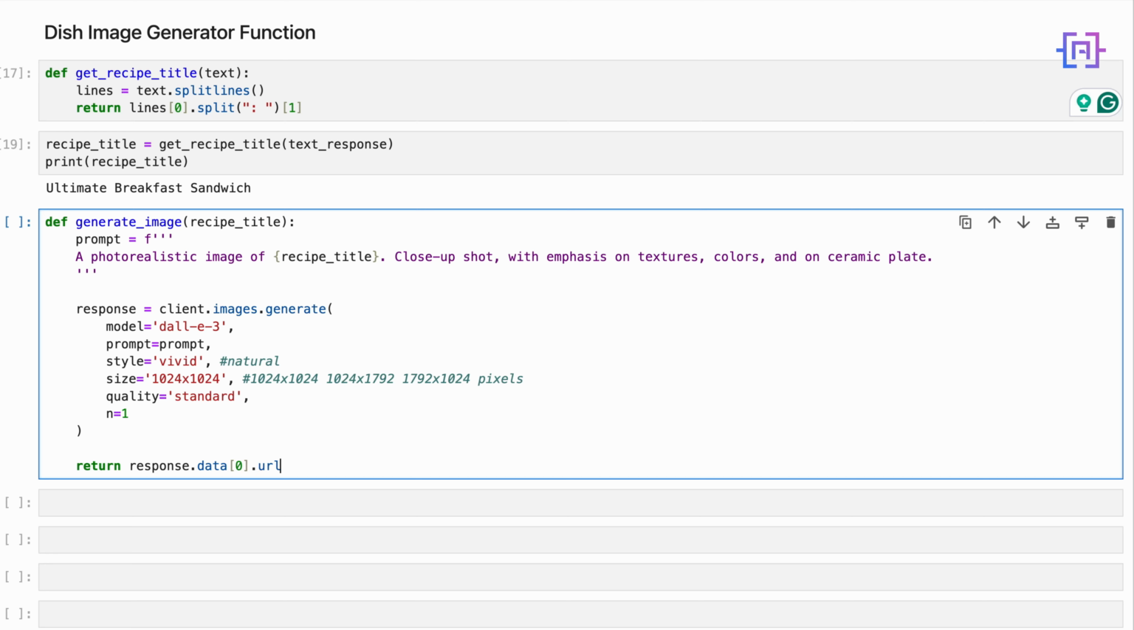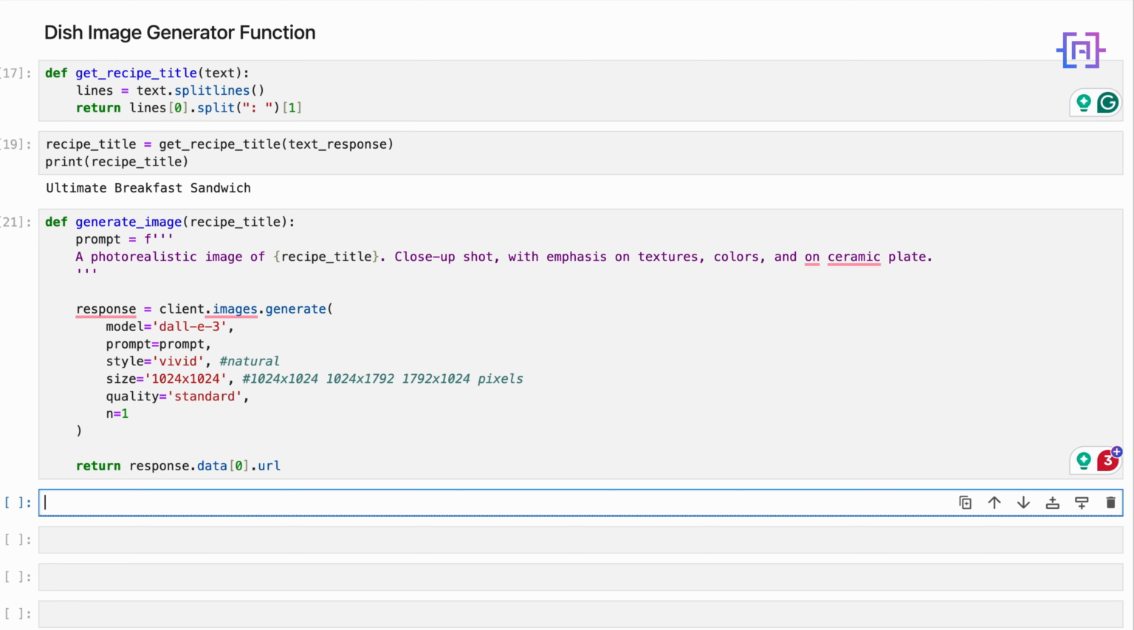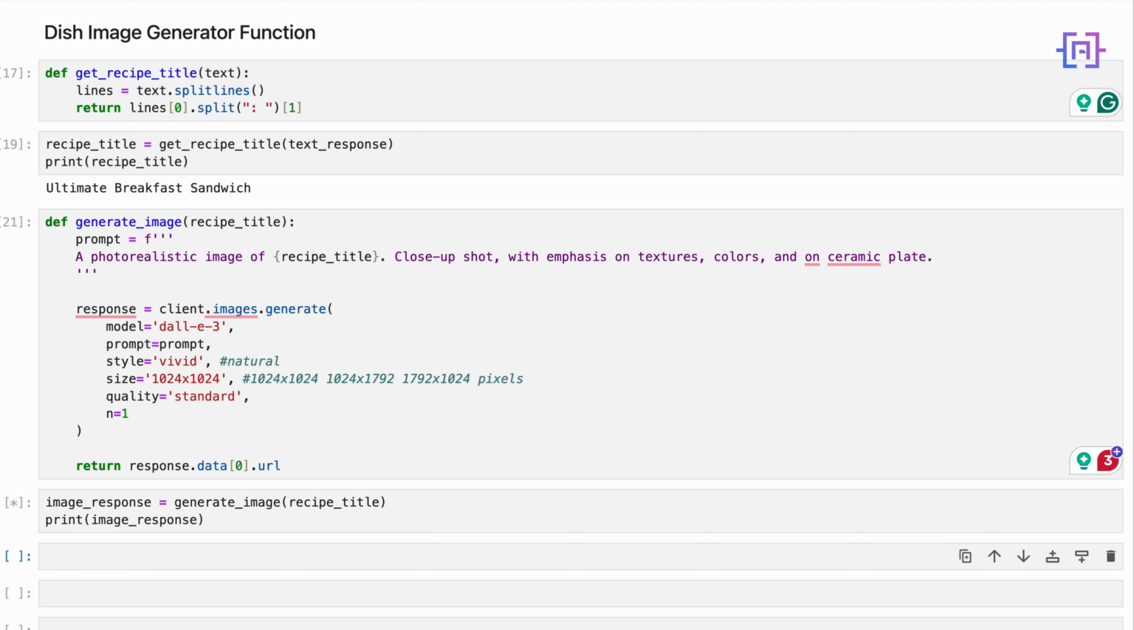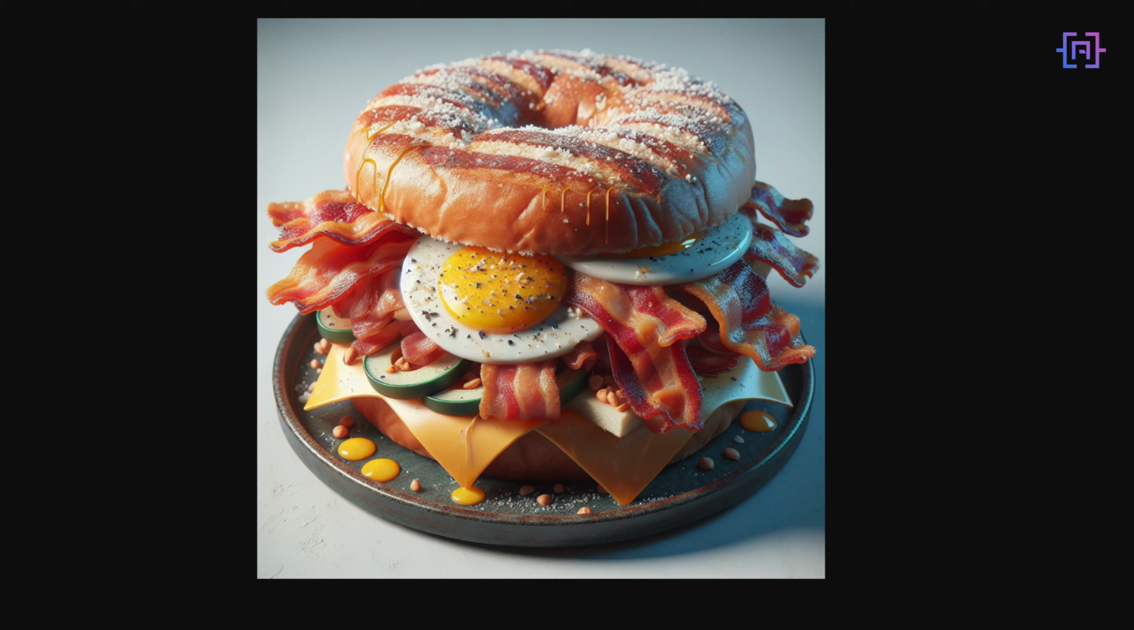Let's run the code and make sure everything is working fine. And it's working fine. Now let's test our function. So we'll say image_response is equal to generate_image, and we are going to pass the recipe title that we got before. Okay, and we are going now to print the image_response. Let's run the code, and we get the URL of the image. If we click on this URL now, this is the image of our recipe, which is called the ultimate breakfast